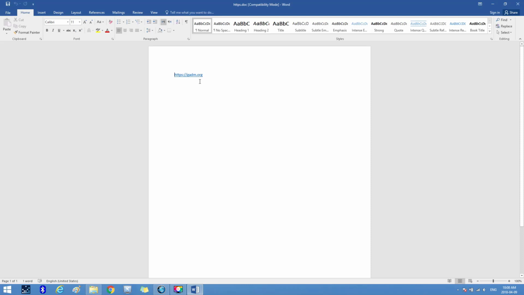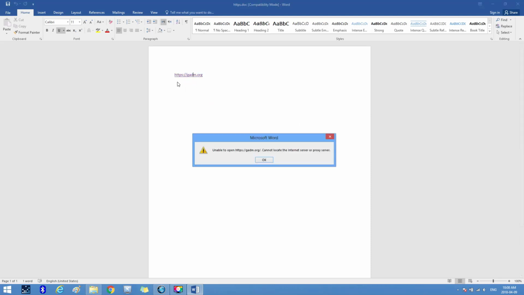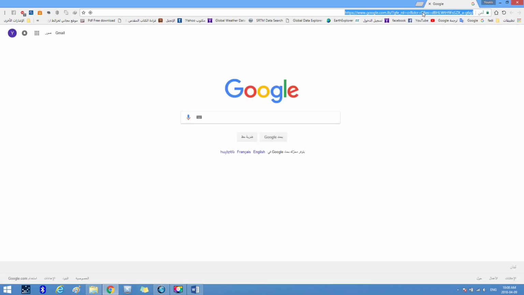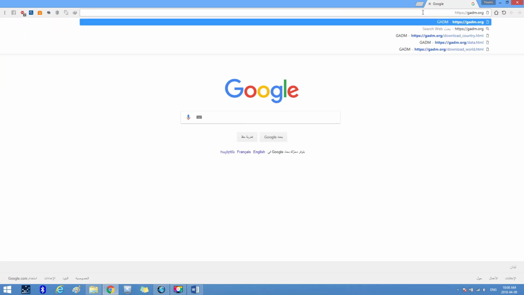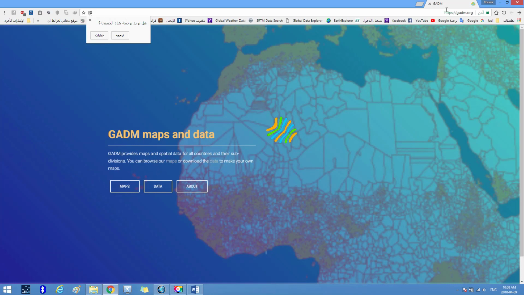and the site appears. We click on control and click on the site. We see here an error message appear. Then to open the site, we copy the name of the site and go to the Google search engine, paste the site here, then press enter and the site will open, from which we will withdraw the shapefile map for Iraq and other countries,